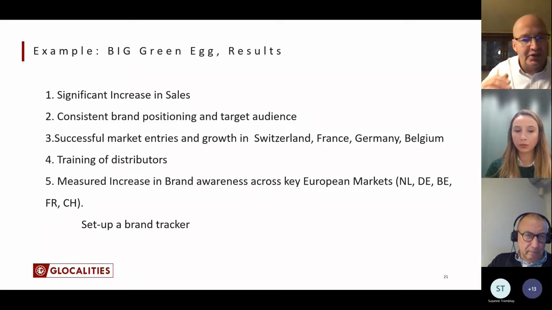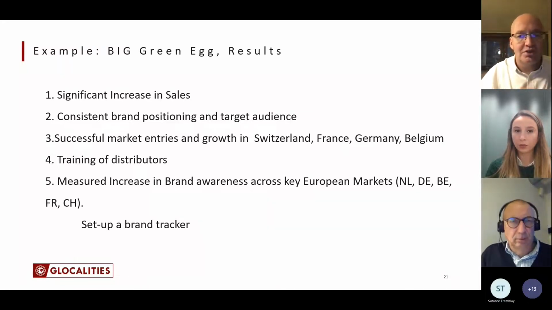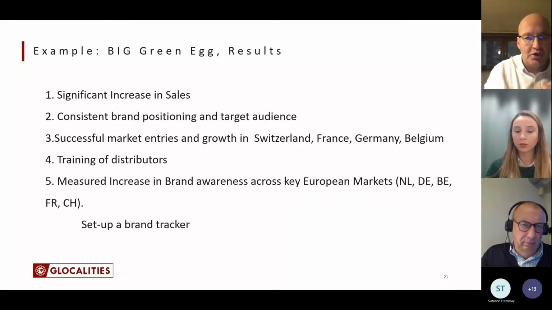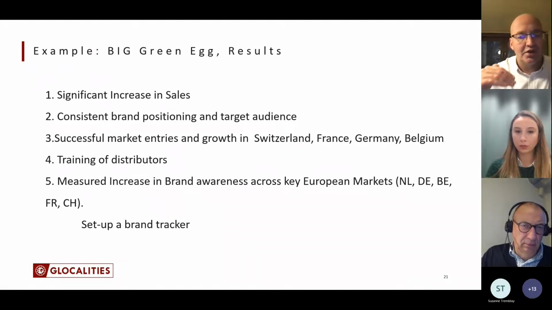And last up, we started putting in brand measurements for the European market, for the main market. It's also the Swiss market in here. And we actually saw a strong increase in brand awareness. Now, this brand awareness was across the board, but it was even more so with the target audiences, between the achievers and creatives, where we had a 5% target increase in brand awareness the last year alone.